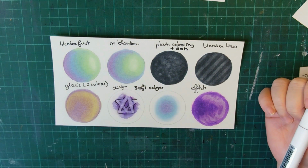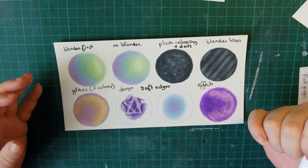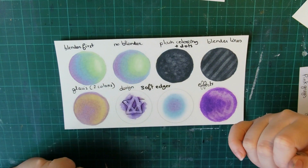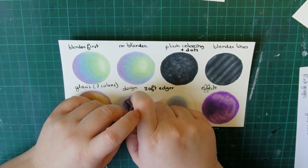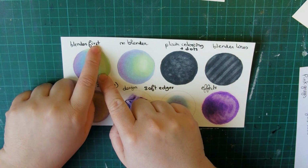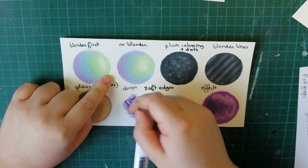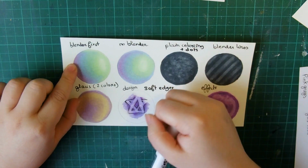So I won't do a live demo of every single option you can have with the blender. That will take forever, but I can comment on a few things. What I did right here in the first 2 spheres, using some bright colors, is I started on this side, like it says blender first. That's because I applied a coat of the blender colorless ink all over the surface of the sphere, and then